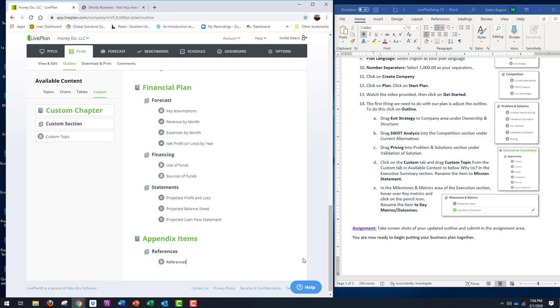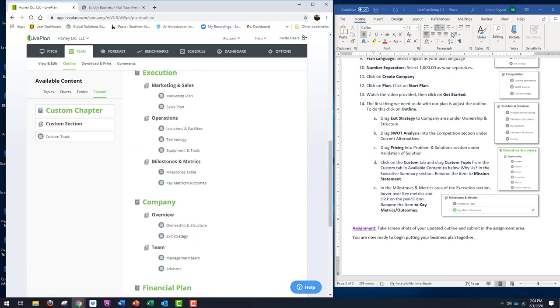References makes it easier to keep the information in your plan easy to read if all of your references are at the end. I'll show you both ways, and that way you can decide how you want to do it, but I really think this keeps it much cleaner. Okay, once we have that done, we're finished with this for now,